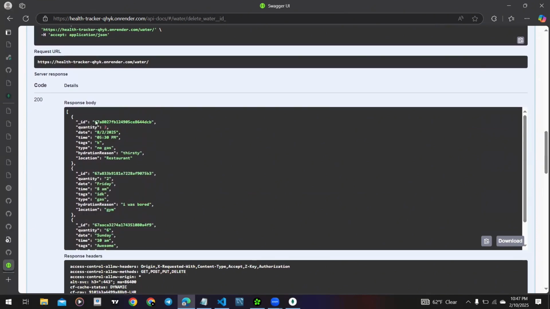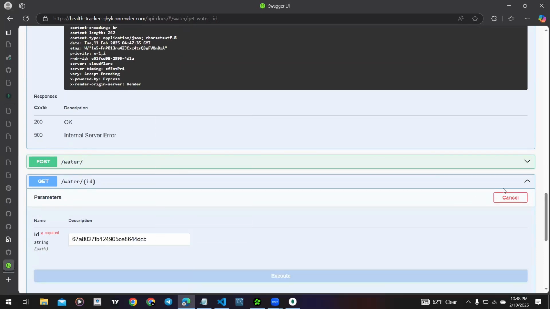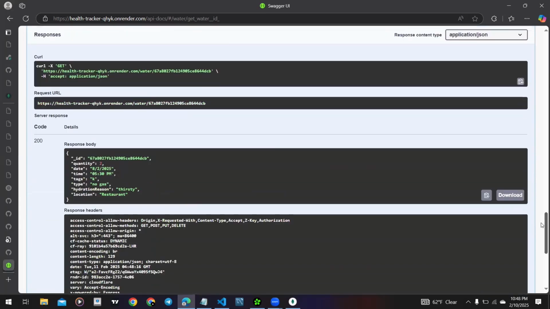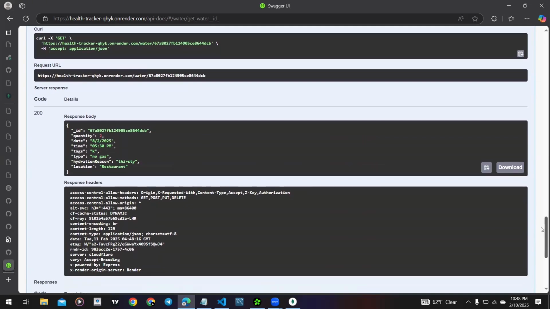Now I want to test the get ID function. Paste it right here. So you see, it brings it all out. So in the next one, we are going to be finishing the remaining two collections and also adding an authenticator